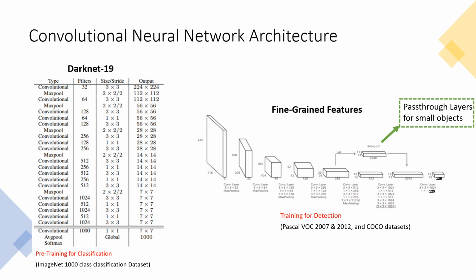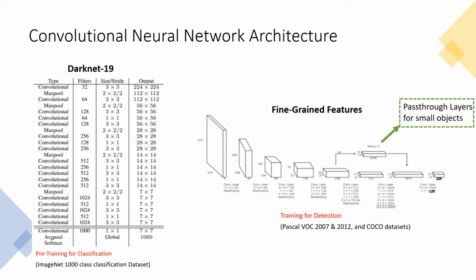So here's the main convolutional neural network architecture of YOLO version 2. YOLO uses an existing network called VGG16. It has 2 fully connected layers. However, the paper proposed a new classification network called Darknet19. Although Darknet19 is similar to VGG16, it has batch normalization and removes the 2 fully connected layers. Since removing fully connected layers reduces the number of parameters of the model,